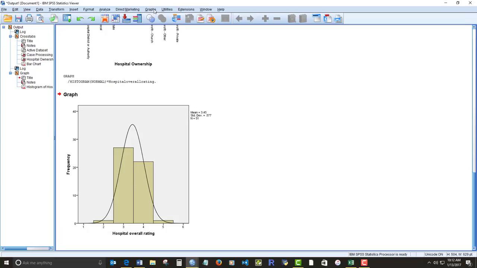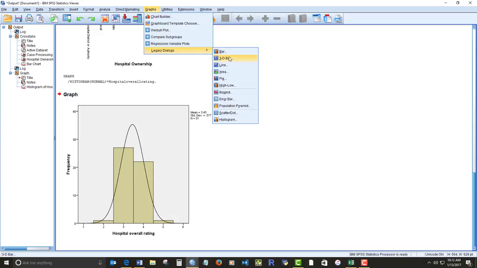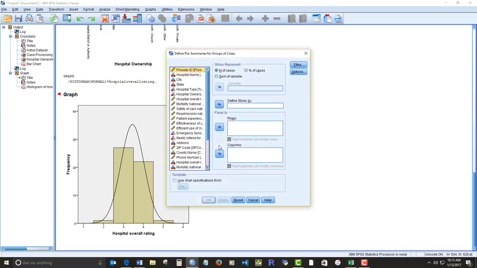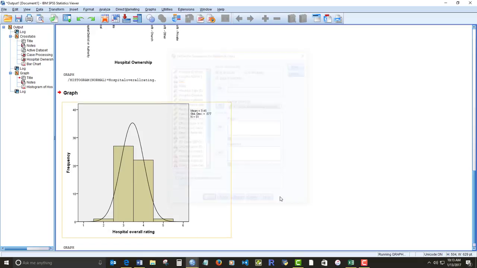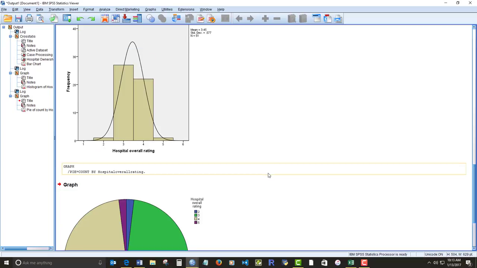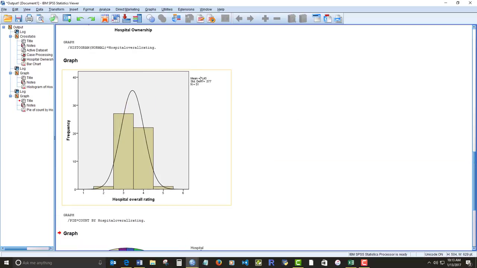And we'll do another one. Again, legacy dialogs. Let's do a pie chart. And overall rating. Okay, and here we've got two graphs. And it's easy enough just to